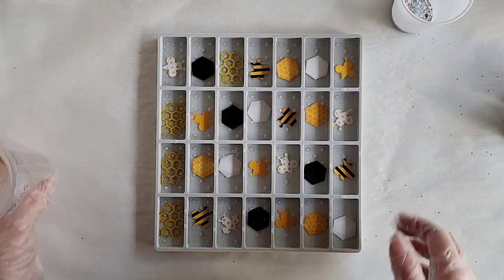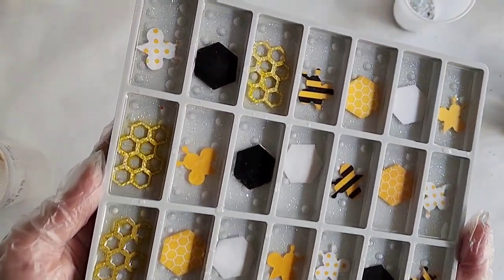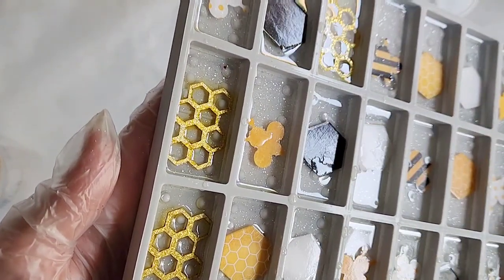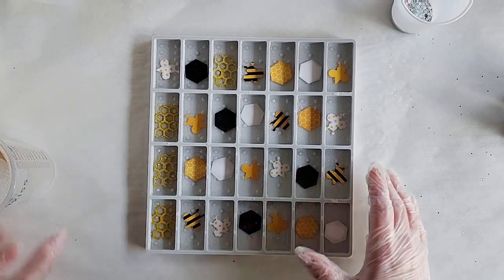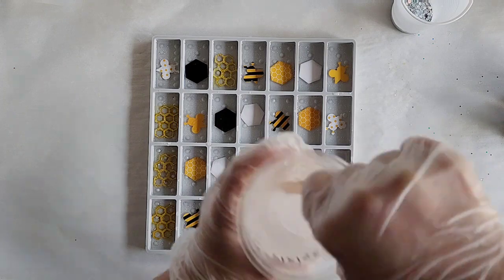Hey everyone, we are back, and the dominoes did pretty well. There wasn't a ton of bleeding. There was a little bit, but not a ton, so I'm okay with it. Bleeding being the color coming off of pretty much just the honeycomb, the yellow kind of dye